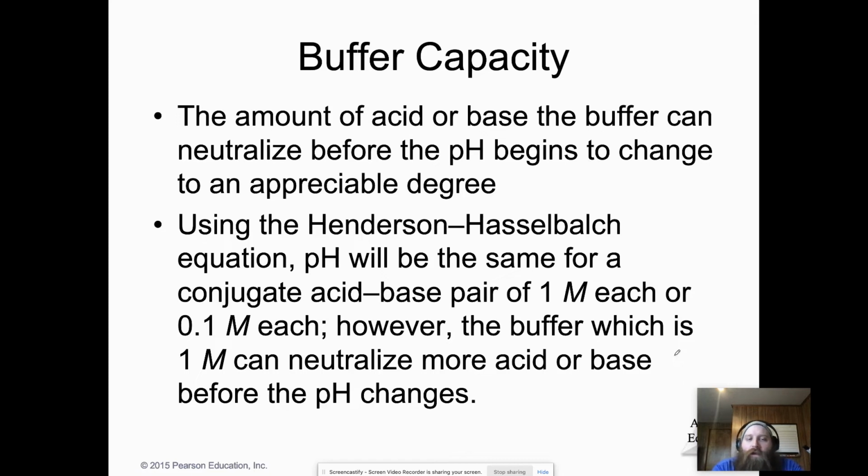And if you look at the Henderson-Hasselbalch equation, the pH is going to be the same for each conjugate acid-base pair of 1 molar each or 0.1 molar each. So that's how they're going to go together. If you have a buffer that is 1 molar, it can neutralize more acid before the pH changes. The stronger the molarity of the buffer, the more acid or base it can neutralize before your pH is going